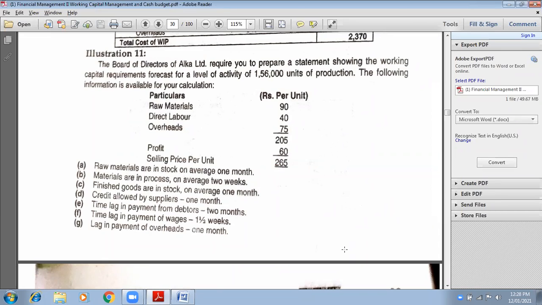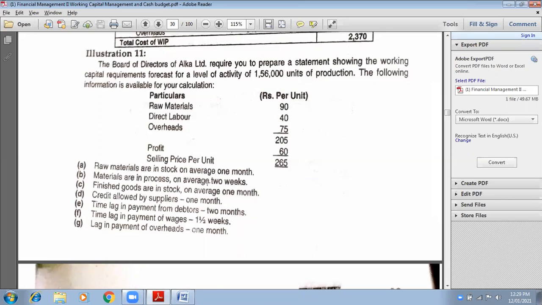So the first adjustment is raw material remains in stock for 1 month. Tell me, is it my current asset or current liability? Current asset. Very good. So go to current assets, write down stock of raw material. Take a little speed because now it's very easy for you. Those who have made units column and period column can write accordingly. And those who have made inner and outer column can make a bracket in one column and the answer in another column. Use the one which suits you better.